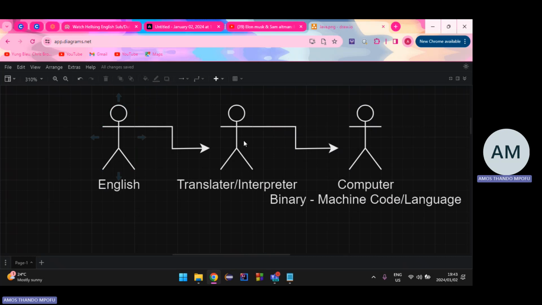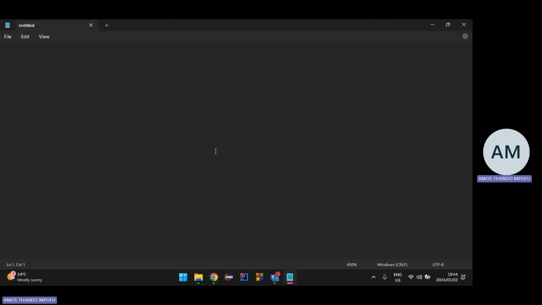Some people might ask, why don't you communicate with the computer in English? It's simple and straightforward. Actually, it's not that straightforward. Remember that in English you can have one word with 3 or 4 different meanings. And remember the computer speaks in binary. Binary, bi means 2, so it speaks in binary.